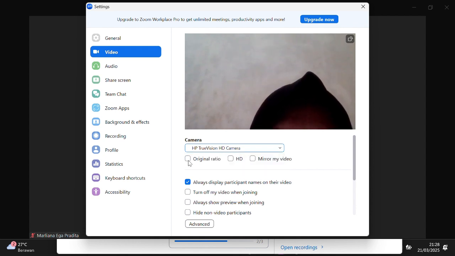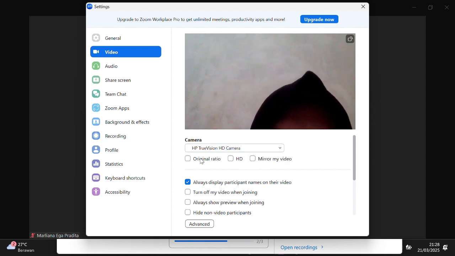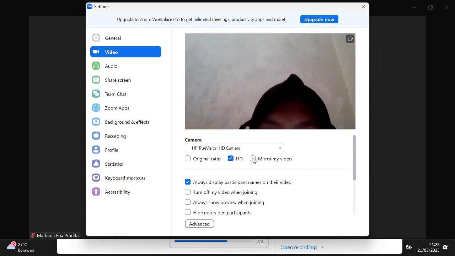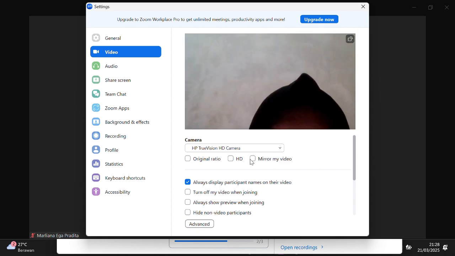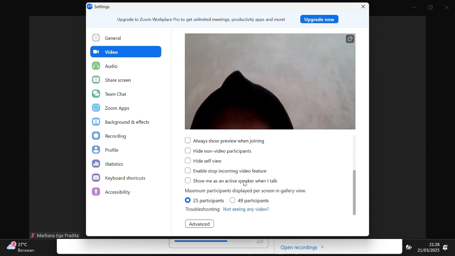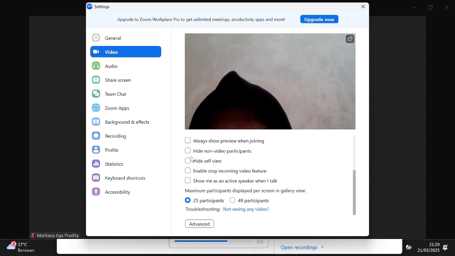And here we can customize the ratio, whether you want to apply the original ratio or not, and then HD and mirror my video. Okay, I'm just going to select mirror my video. Okay, and then you can activate all these features if you want. I'm just going to leave it like that, and then you can choose the maximum participants displayed per screen in gallery view. I'm just going to choose